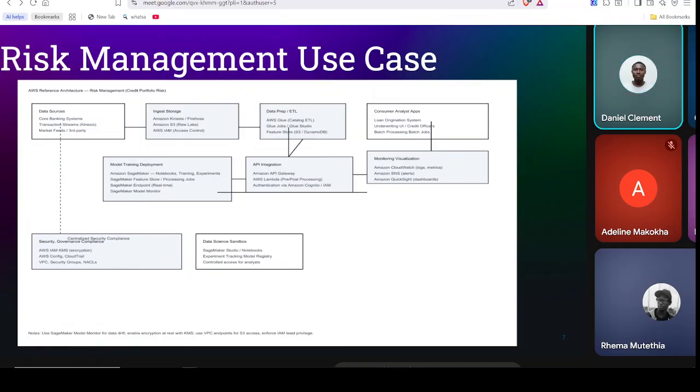Let's say real time, because banks are promising us 24-hour or 2-hour loan approval. So the SageMaker endpoint is connected to